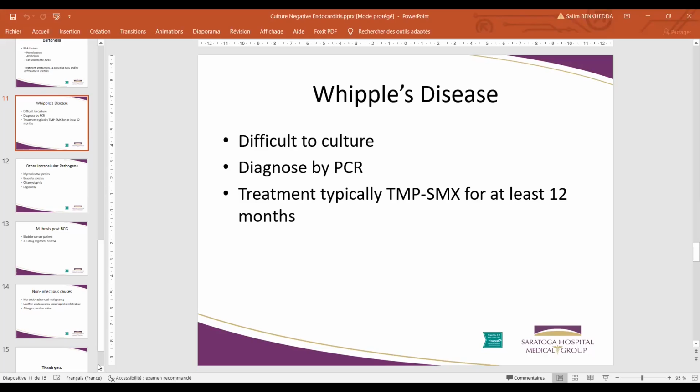Again, this is an extremely slow growing organism. It takes years to develop symptoms, and it does not go away quickly. So Bactrim is the treatment of choice, trimethoprim based or cotrimoxazole, depending on where you are in the world. Treatment typically needs at least 12, if not 18 months. And all of these